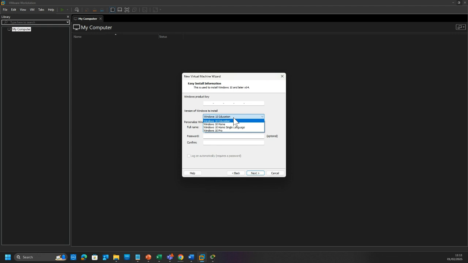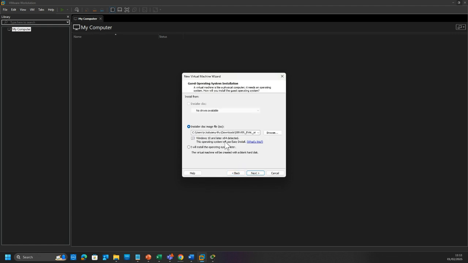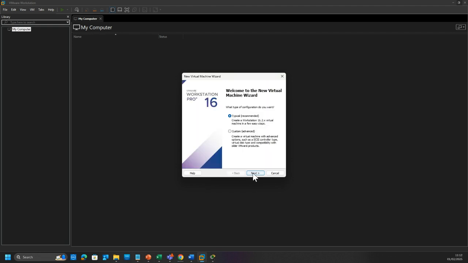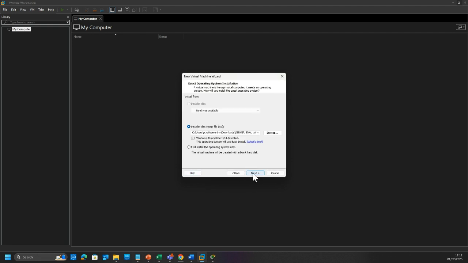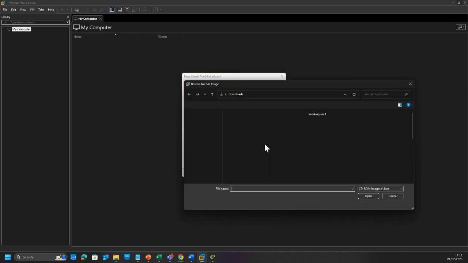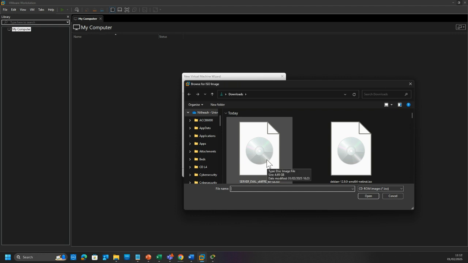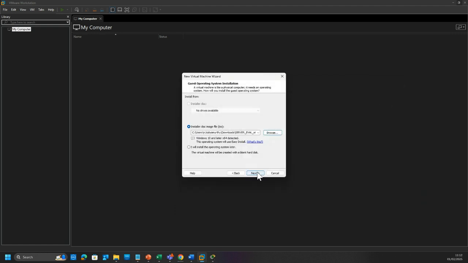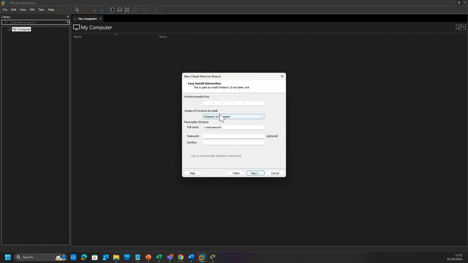It asks for a, oops, it's not a Windows server. Okay. No, this is an evaluation copy. It's a Windows server. Yeah. The client is still downloading. Okay. So next,